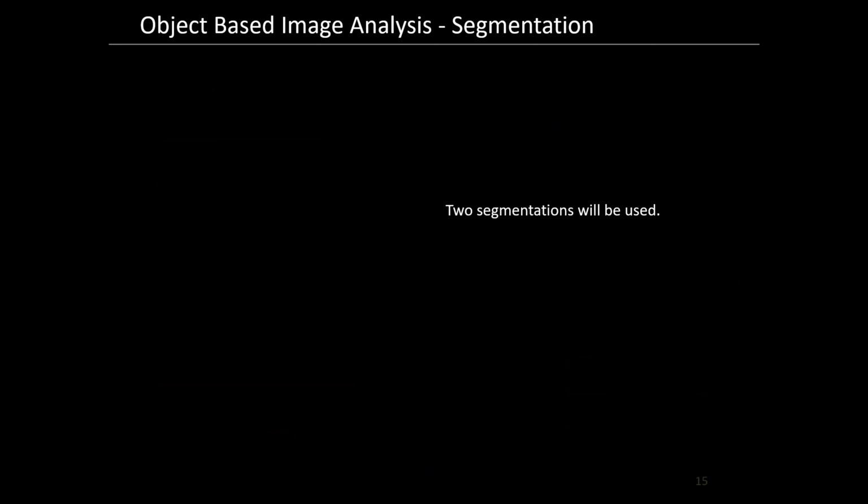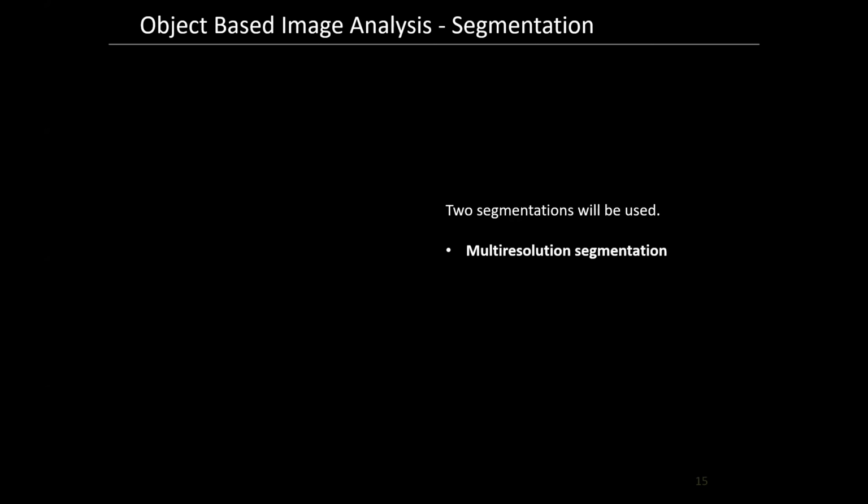So, like I said, traditional remote sensing is pixel based, and all pixels are the same size, same shape, and they're not aware of the pixel next to it, which you can do some good analysis with, but there's so much more value to having an object-based analysis that creates the segmentation and allows you to create aware objects with values behind them. So for my analysis, two segmentations are going to be used